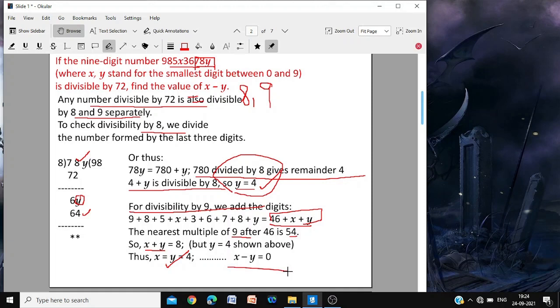So actually this deals with the rules of divisibility: if a number is divisible by 8 and 9 separately, only then can it be divisible by 72. Next,